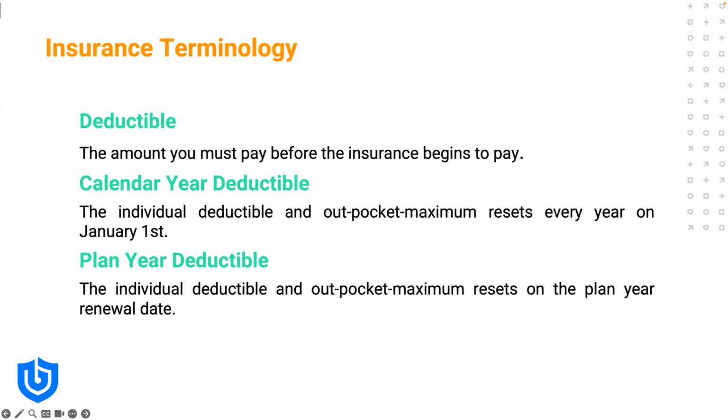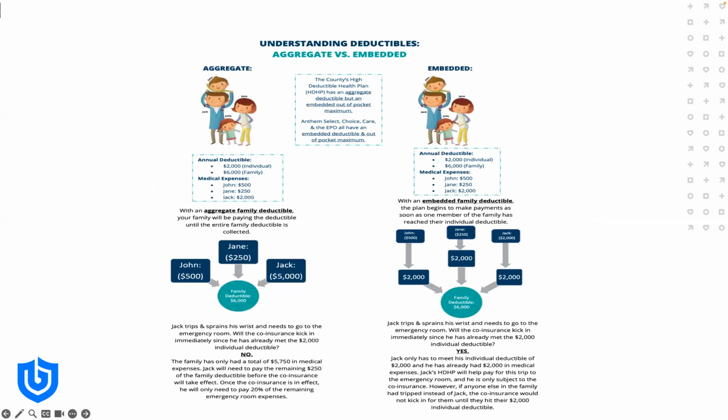Thank you, Shelley. So we'll start with embedded and aggregate or non-embedded deductibles. In a health plan with an embedded deductible, no single individual on a family plan is going to pay more than their individual deductible. So everybody has to meet their own deductible. When more than 2 people in the family meet the complete family deductible, that's when everybody's